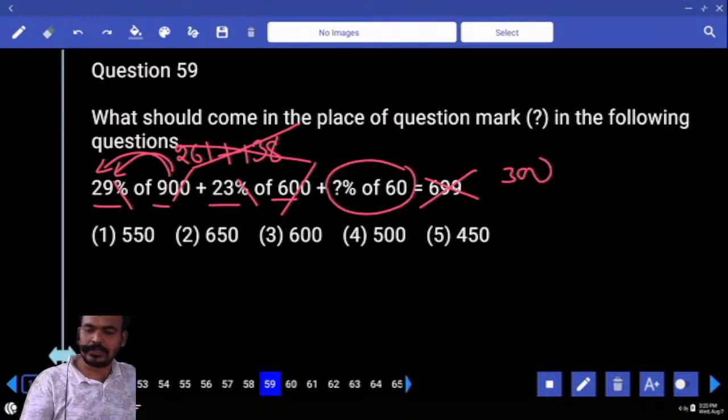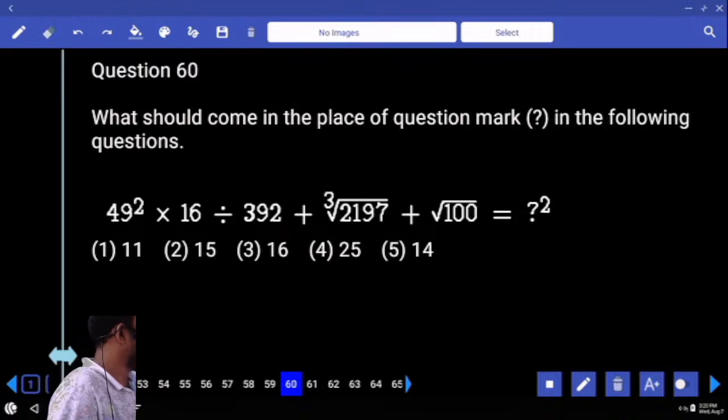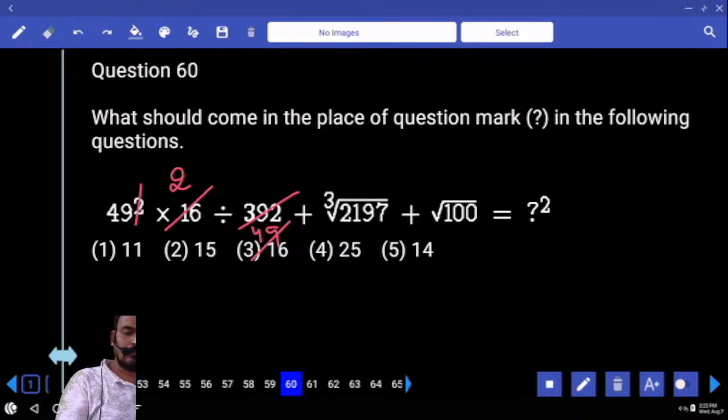What percent of 60? It is divided by 392. First 16 2s how much? 32. Remaining 7, 72. It is exactly divisible by 16. Divisible by 16? No. Divisible by 8? 8 how many times? 2 times. 8 how many times? 4 times. Remaining 72. 9 times 49. 49 cancel. 49 2s